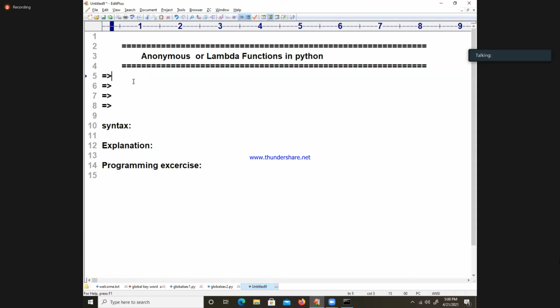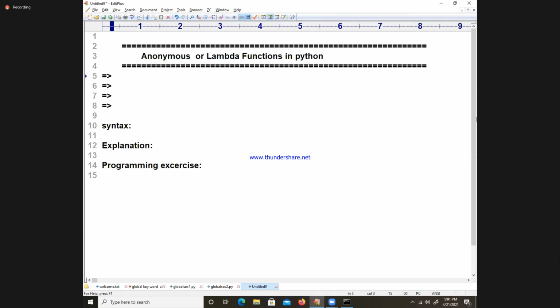Right. Anonymous or lambda functions in Python. Why I am reading out the doubts is because others should not get the same doubts. Of course, your previous teacher maybe used that terminology, I don't know, but that is not a good terminology. Okay, whatever it is. Let us come to the point back. Anonymous functions, I am writing one by one, carefully understand. First 2 minutes you have some tension, but I will clarify the tension.